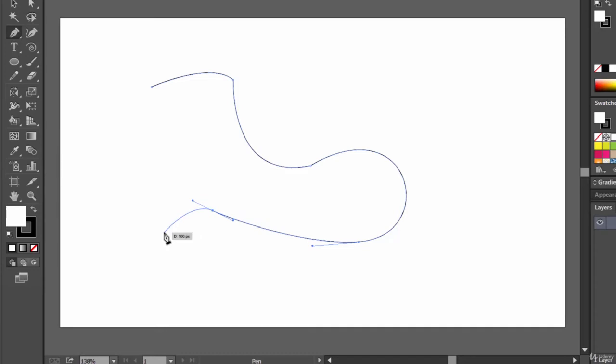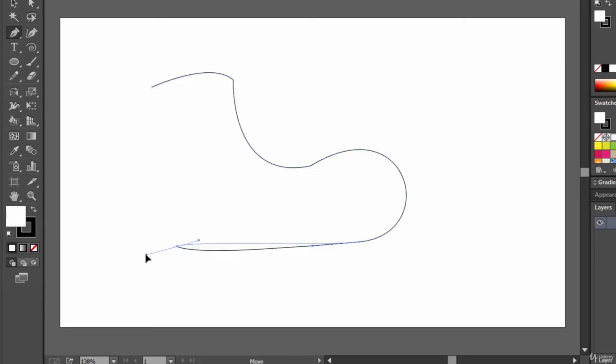Second tip is the control key. So if you are drawing and press the control key, now it's a direct selection tool. You can even change your anchor point location.